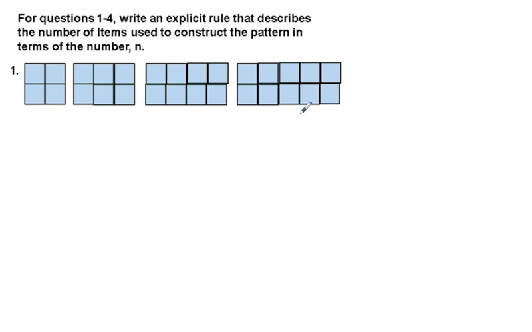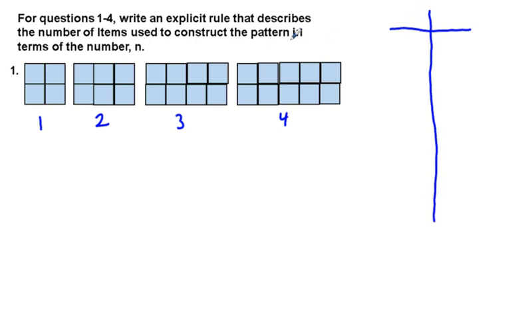So basically you have four images, and the first image on the left, image number 1, we'll call that, has 4 squares. The second one has 6 squares. The third one has 8 squares, and the fourth one has 10 squares. And one way to handle this, probably the easiest way I know to do it, is to create a table,